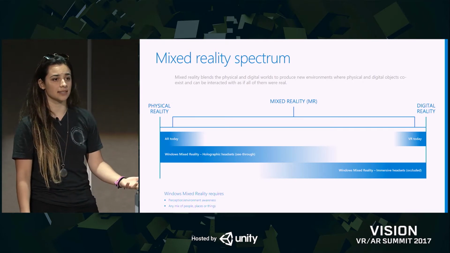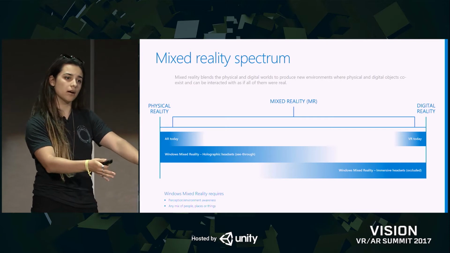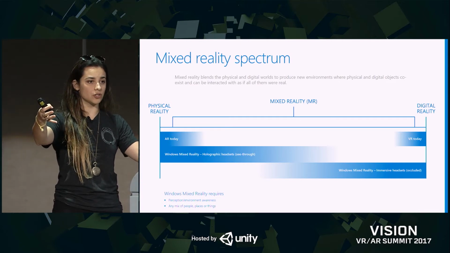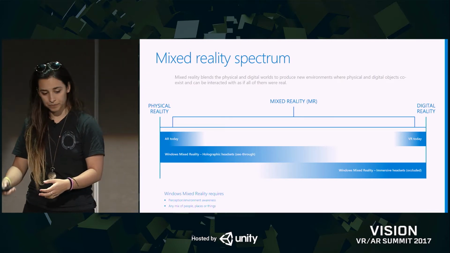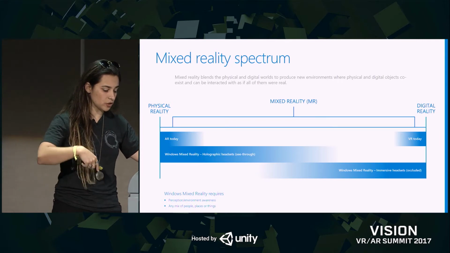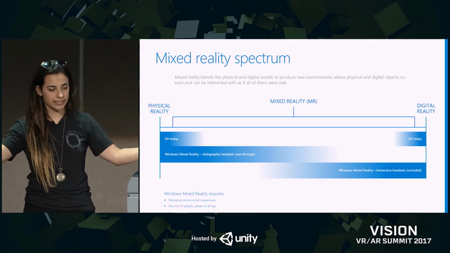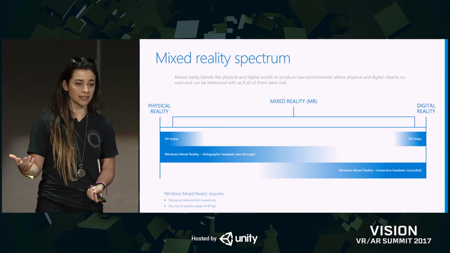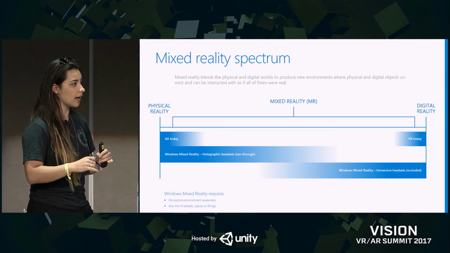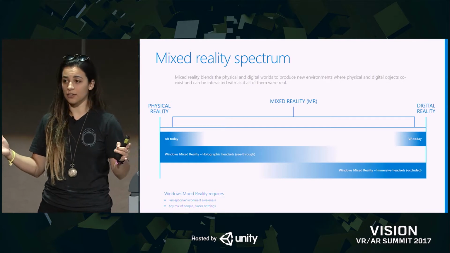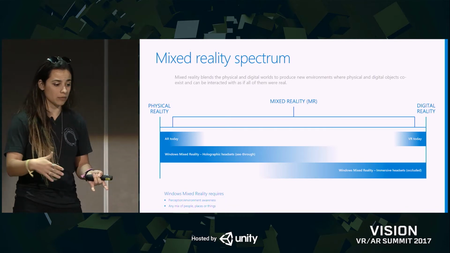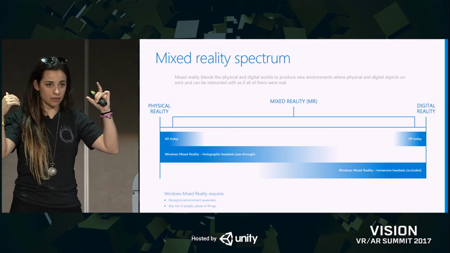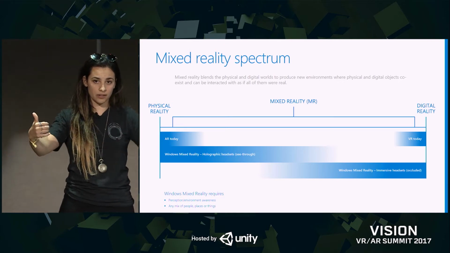The holographic headsets, the see-through one, kind of leans more towards the augmented reality side, where you're kind of augmenting your physical space with these digital objects that you can place there and interact with. While the more immersive headsets, which will be the Acer ones that everyone will be receiving, are on the other end, where it's more immersive. It's more akin to the VR headsets that you're used to. But because of that, again, mixed reality, you have awareness of your environment, so it's a one-to-one ratio. So if I'm walking around with my immersive headset, if I walk 1 meter in that physical world, it translates to 1 meter in the digital one.